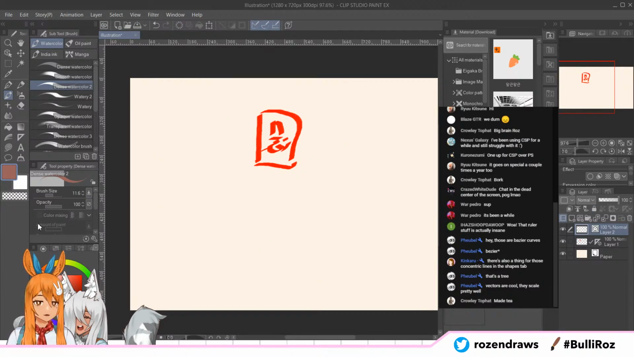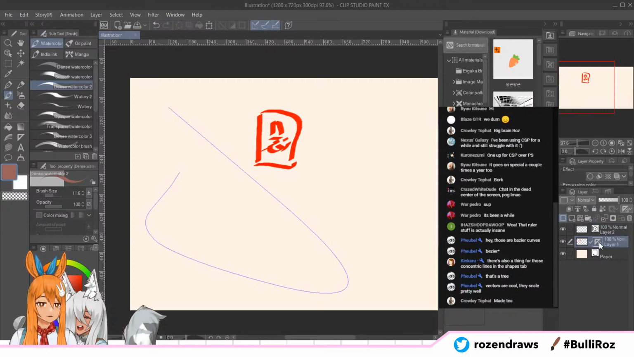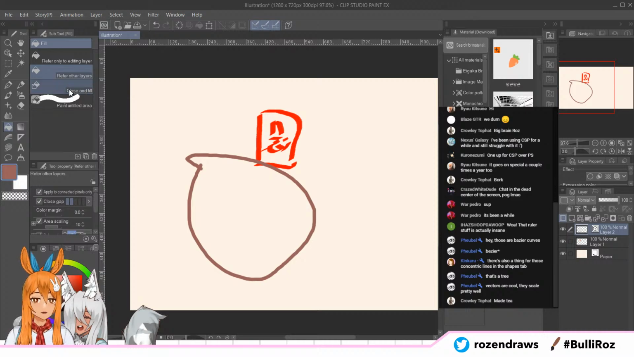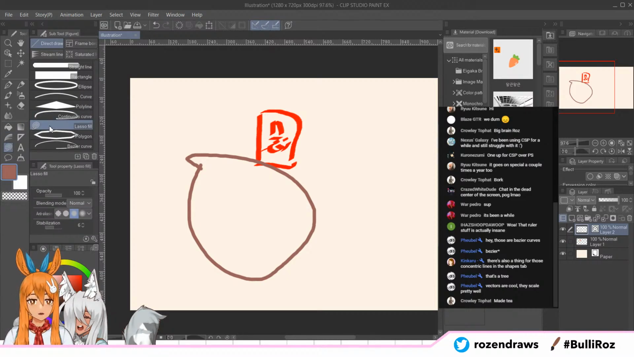Okay. Let's see what else is important. So let's remove this. Here's one important thing about vector layers. One thing you can't do on vector layers is fill. You cannot use the fill tool. You cannot use the lasso tool, the lasso fill tool,